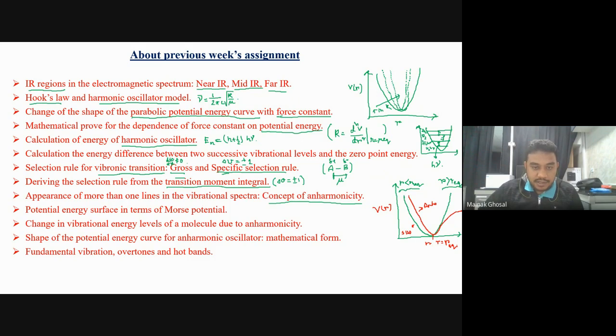This is called the Morse potential. It was also discussed how the vibrational energy levels of a molecule change due to anharmonicity, and how anharmonicity changes the distribution of the energy levels when there is an anharmonic oscillator. For a simple harmonic oscillator, the energy difference was h omega or h nu. It is not true for an anharmonic oscillator. It was shown that if this is the potential energy diagram,